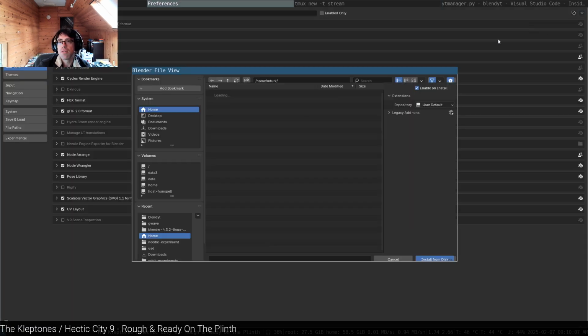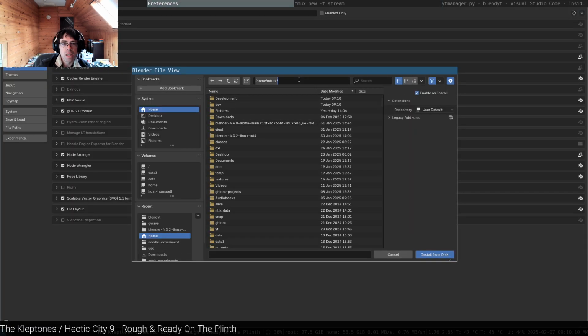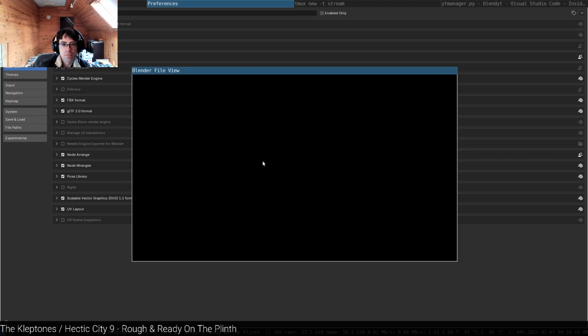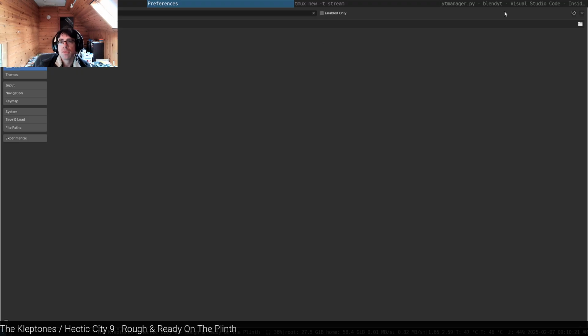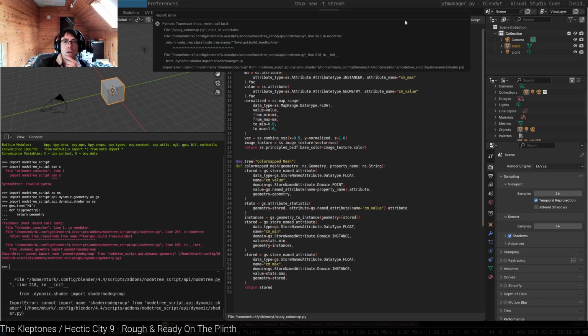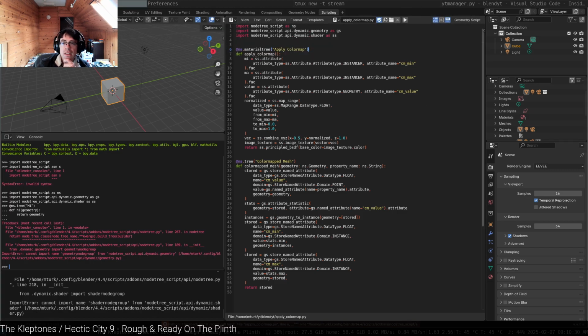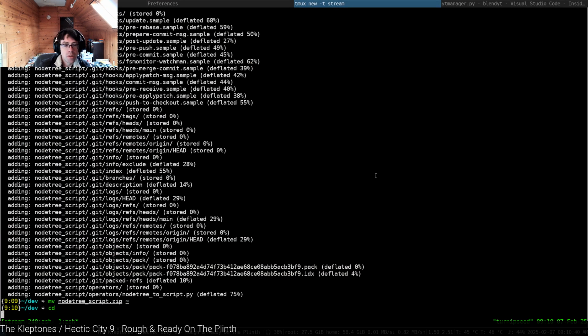Alright, install from disk. Now it's entirely likely this will simply not work. So let's give it a shot though. Yeah, shader node group can't be imported. That strikes me as possibly related to some change in the internal Blender API that it's not caught up to date on. So I guess